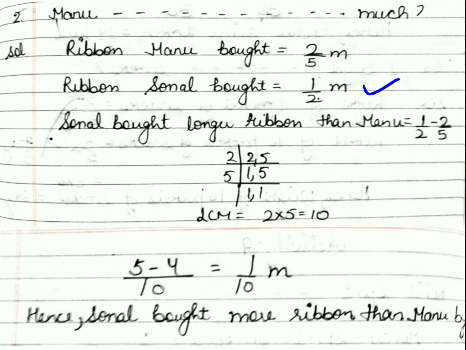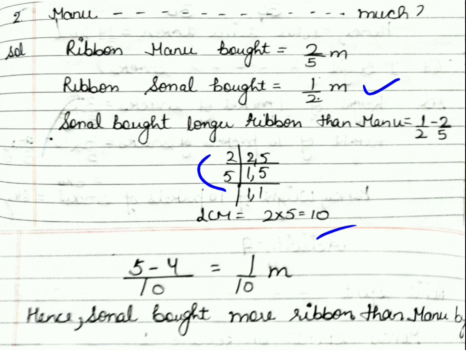Here again numerators are not same, denominators are not same. So you have to find out the LCM. 2 and 5. Now you see, 2 twos are 2, come at 1. 2 table 5 does not come, it will be copied down as it is. 5 fives are 5, come at 1. So LCM will be 2 fives are 10. Clear? Now you write this LCM down in the denominator because denominators are not same.